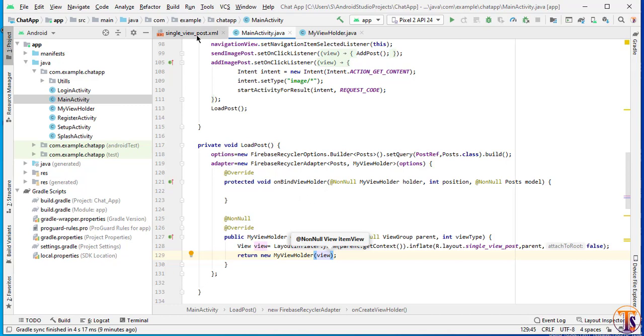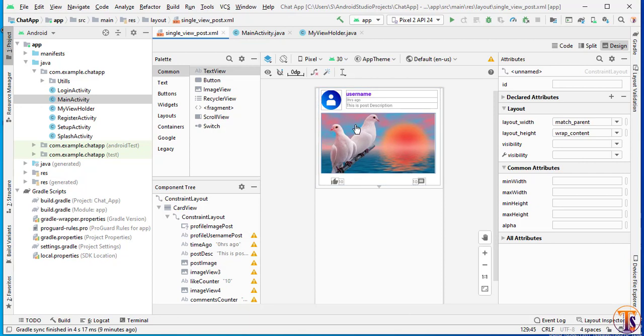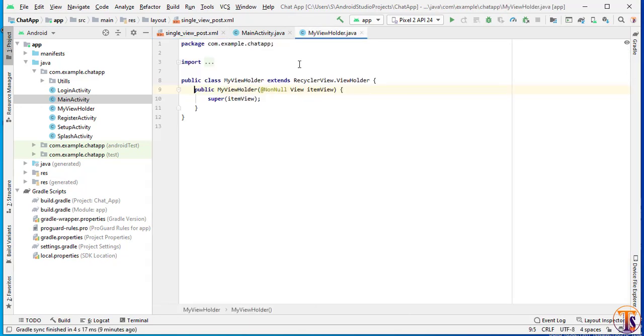So inside this on bind view holder we will initialize the data to our view holders. So first we need to initialize the variables that we have created inside this layout. So open my view holder, here we need to create the variable. So first one is circle image view profile image.